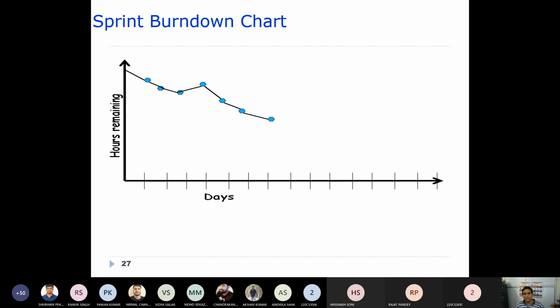If some features you have chosen can't be developed within that sprint, they should not be taken care of during that sprint. Maybe they will be taken during another sprint. Those things are also decided during sprint planning. And you go on estimating also. You need to update the estimates whenever required during the development of the sprint. Okay, clear?